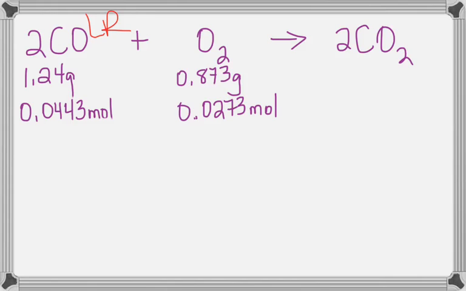We've got the balanced equation. I told you you've got 1.24 grams of carbon monoxide and 0.873 grams of oxygen. We took those numbers and converted them to moles. That's where all the numbers came from. I'm going to write over here on the left